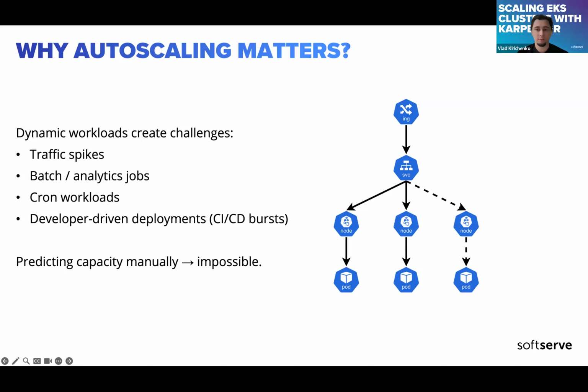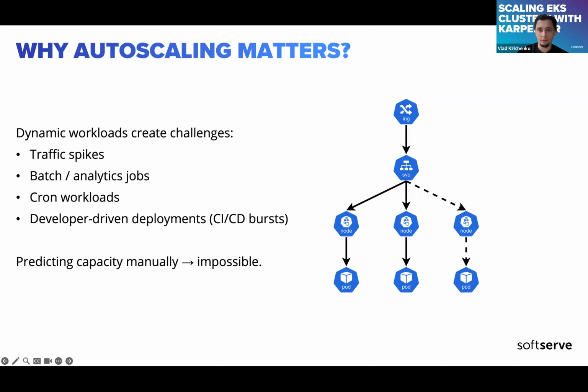You'll lose performance if you do not provision enough resources, and the same goes for developer-driven deployments as well. So a fundamental issue is that we cannot manually stay ahead of the load on our infrastructure and capacity